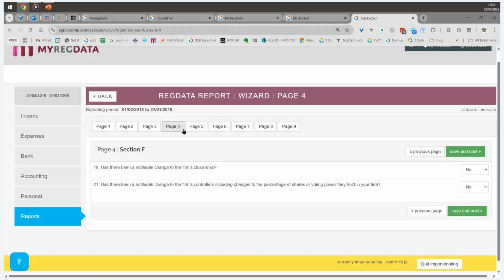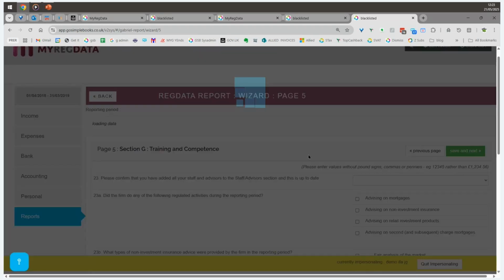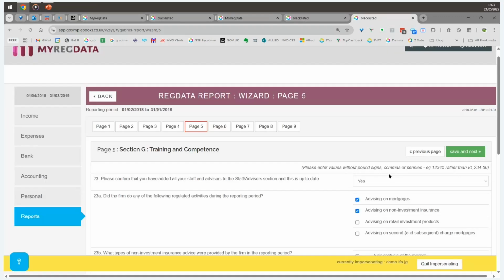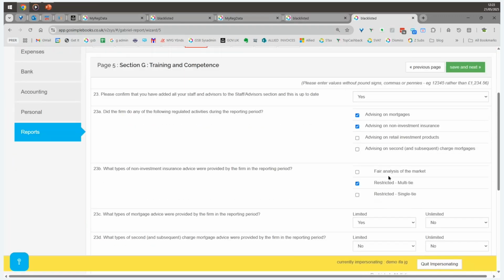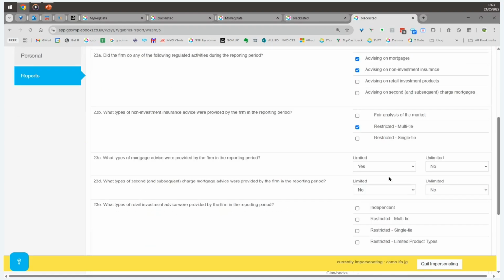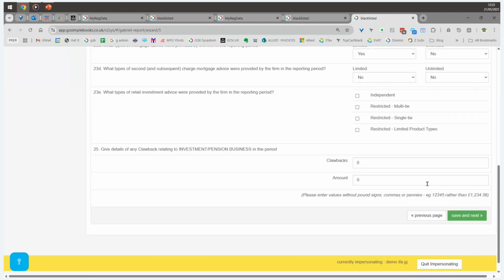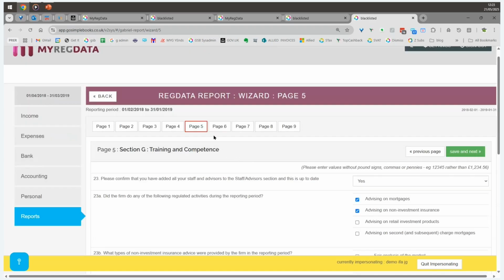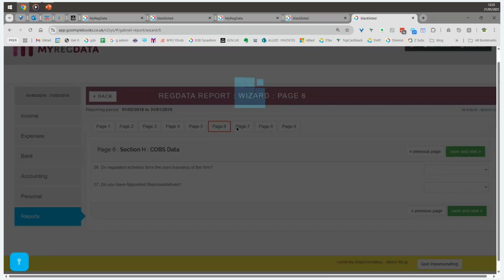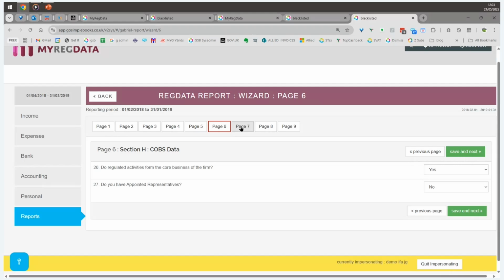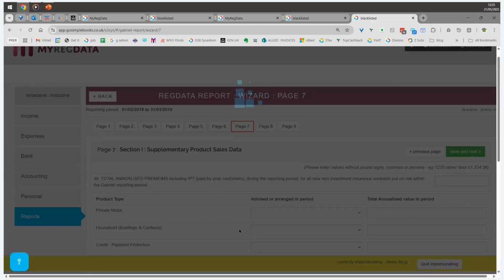We then cover any changes to close links, the sort of advice that has been given in the preceding 6 months, so that RMAG can be populated. If the firm has appointed reps, we gather that information here. The next schedule